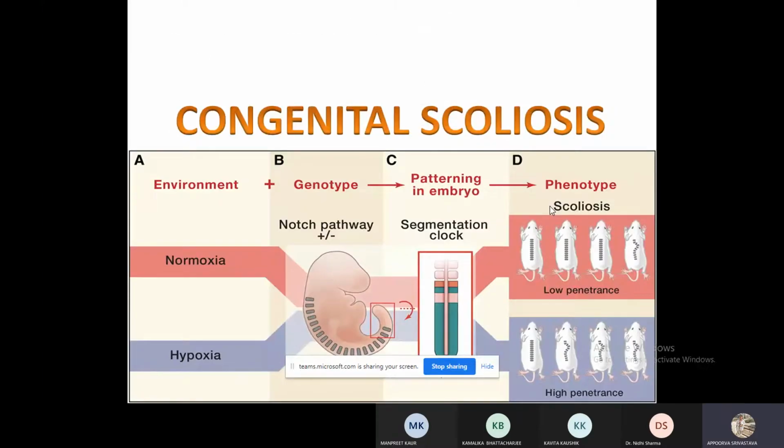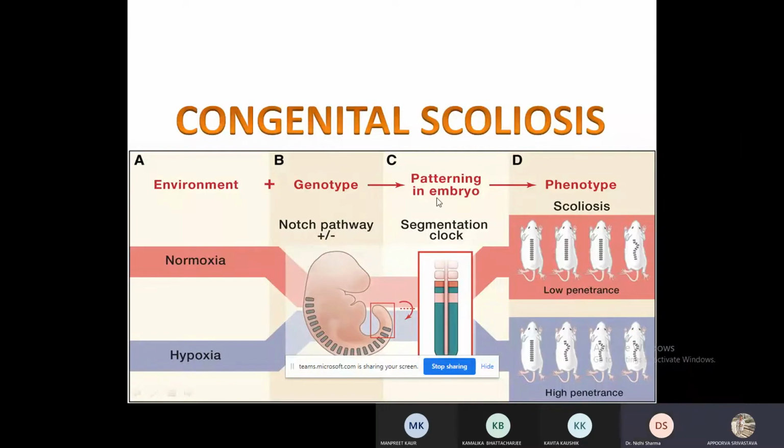Next is congenital scoliosis. This is the physiology behind congenital scoliosis. When the pregnant woman is suffering with hypoxia, then the notch pathway is hampered, which causes disruption of the patterning segmentation clock. The segmentation clock basically regulates the various somites present in the embryo for the cervical, thoracic, lumbar, and sacral regions. Then the phenotype scoliosis